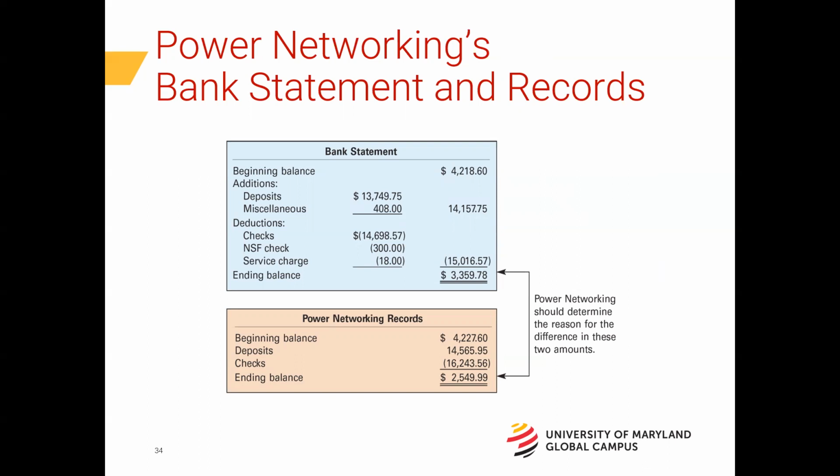So here's an example. On the top part, we see the bank statement. On the bottom part, we see our company cash account that's in our accounting system. We see that there is an imbalance. The ending balance does not match. Well, why is that? Well, we can already see that we have about $2,000 in checks outstanding. Well, not quite that much, but we have about $1,000 in checks outstanding. We have an NSF fee of $300. We have bank service charges of $18. And so there's going to clearly be a difference in the ending balances.